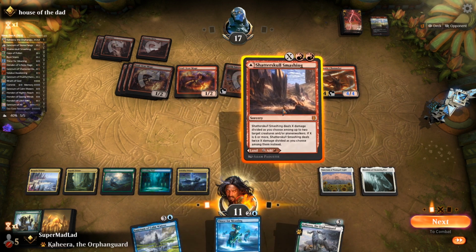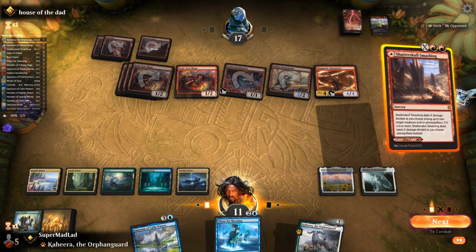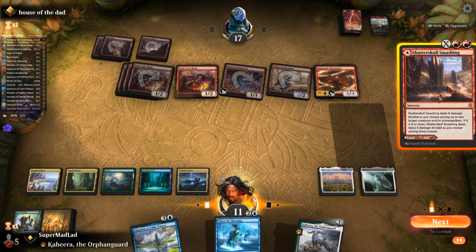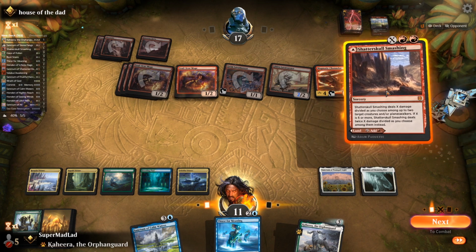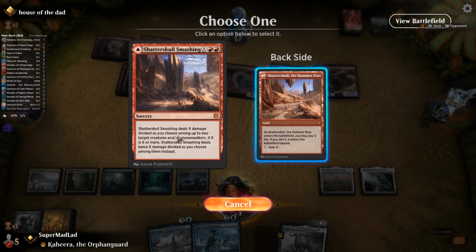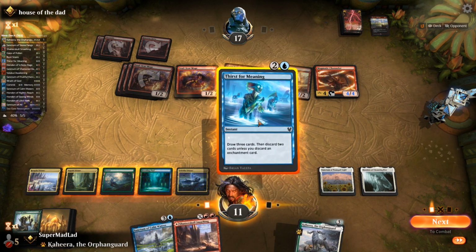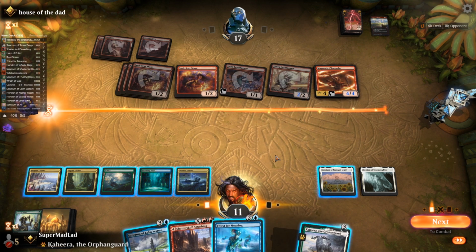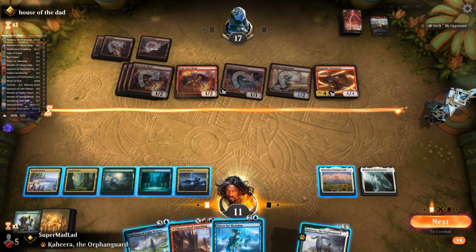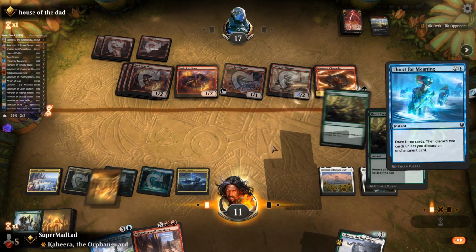I guess we'll go with Shatterskull Smashing. I always call it summoning. X3, take the Lavamancer out, and a Lava Runner, I suppose. Oh, no, I don't. Really wish it wouldn't hover like that. That's very misleading. This is 4 to tap. I think we just got to go with...